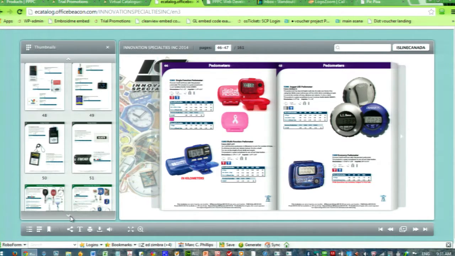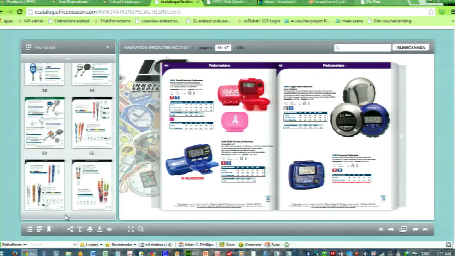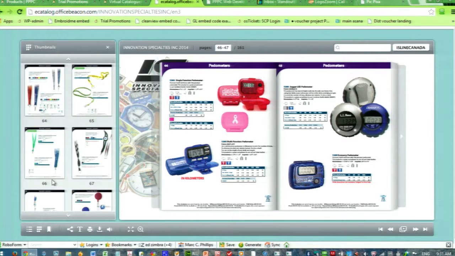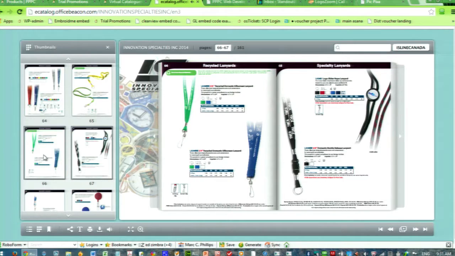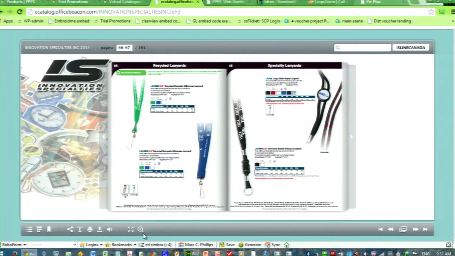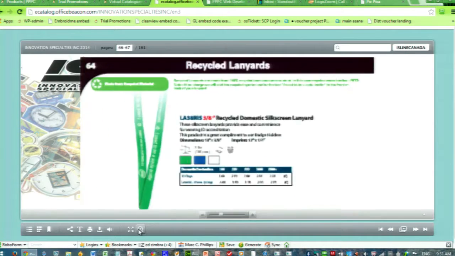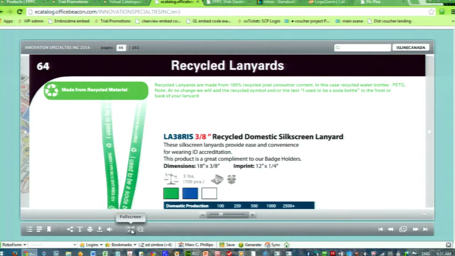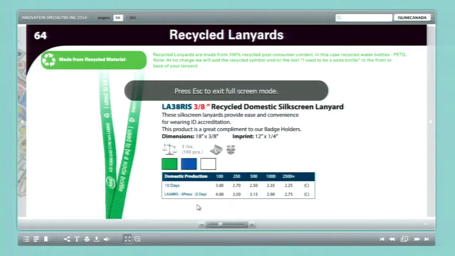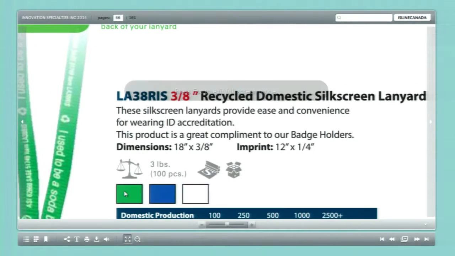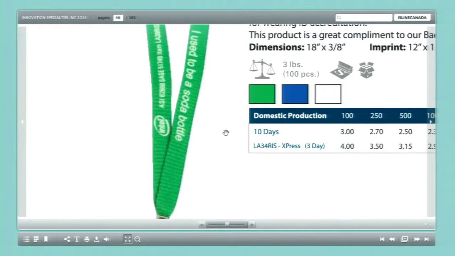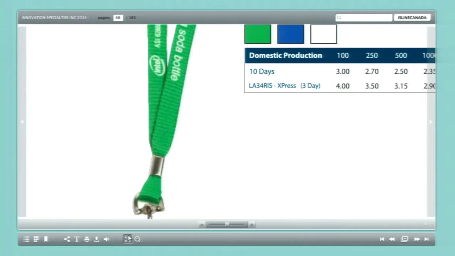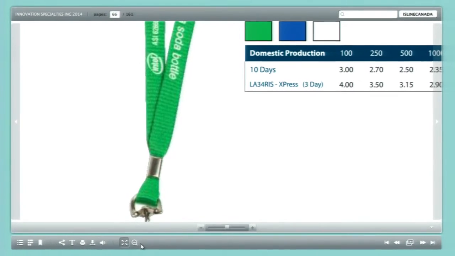And we can scroll down and, of course, jump straight to one. We have a very nice zoom. We get a really nice view of the product, and, of course, we can go full screen, in which we can zoom and drag this around and have a really nice look at the imprint location, that sort of thing. And we can zoom out